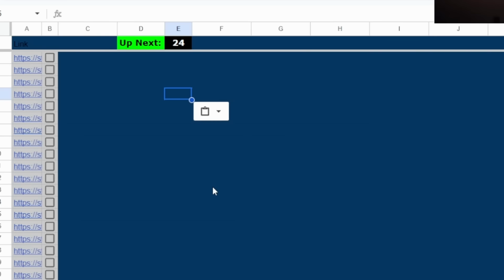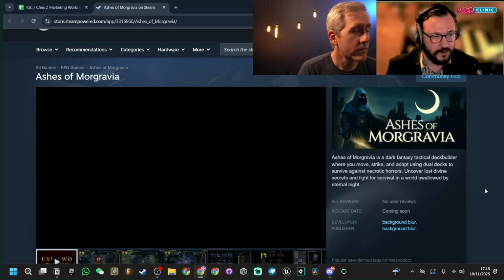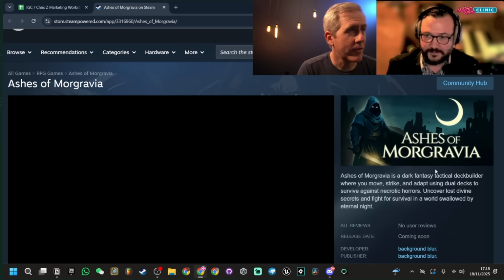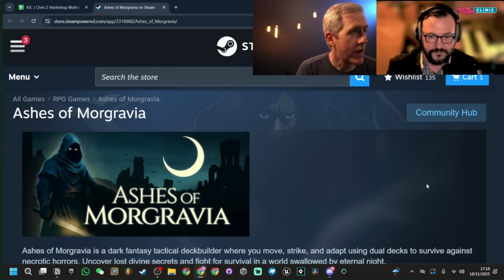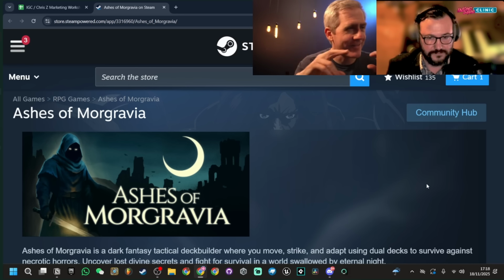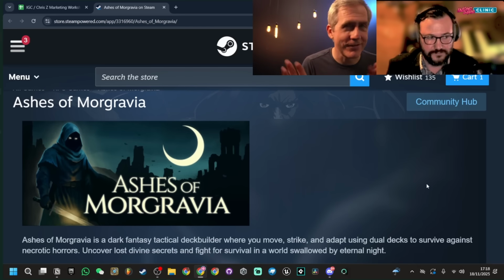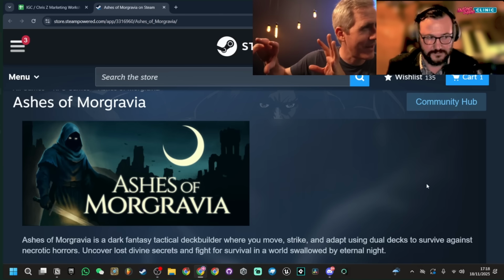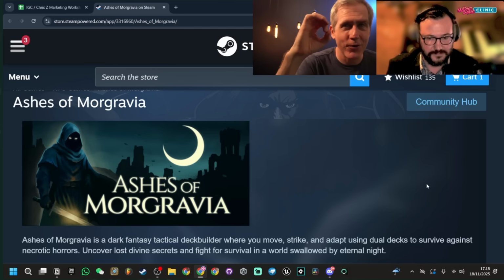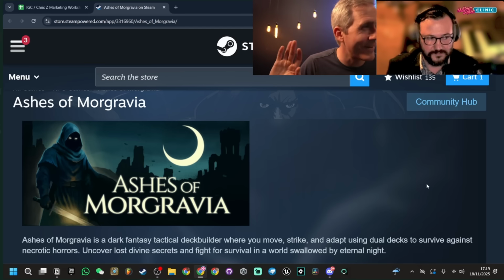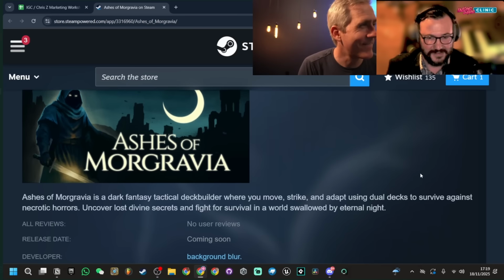So 24, Ashes of More Graveyard. Where do we want to look first? Capsule art? Yeah, let's look at capsule art, see what's going on here. Okay, so in general, it seems pretty good. One thing that I always look at, which is really hard, is people never change the size. The worst offender, and we'll probably see some, is people just do all the same text size. It's all just the same thing. I like how you made the A big, the N small, and then the OF smaller. It sounds subtle, but that's a hard thing.